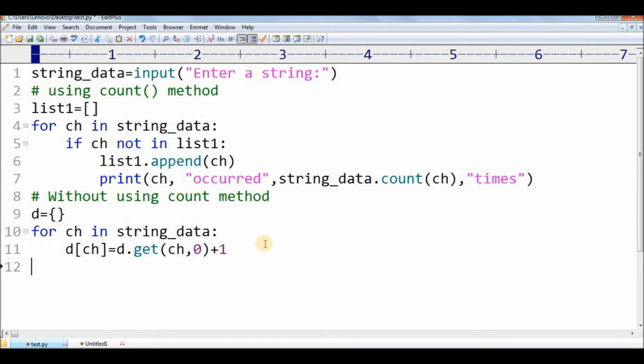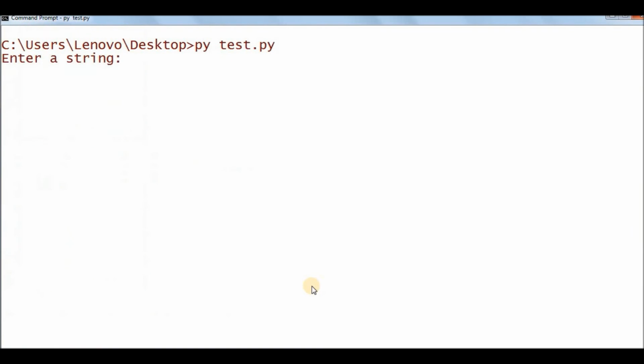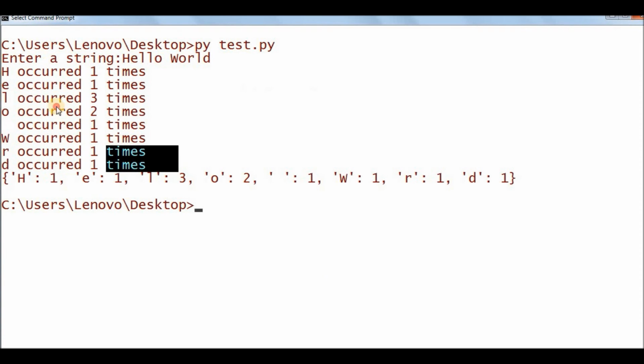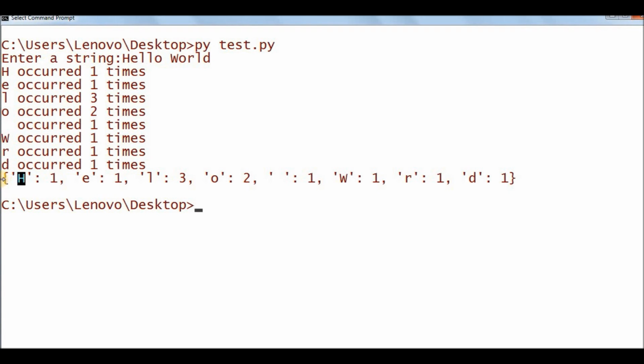And now if I try to print d only, suppose I print d and I save this and run it, let me clear this. If I write hello world, you ignore this thing because this is from the count method. You just see this output.